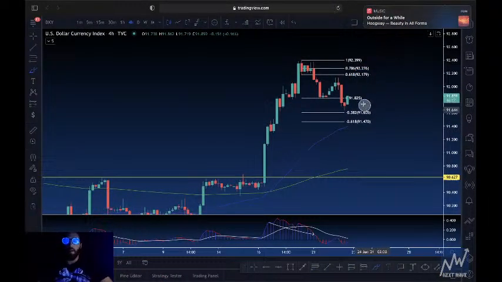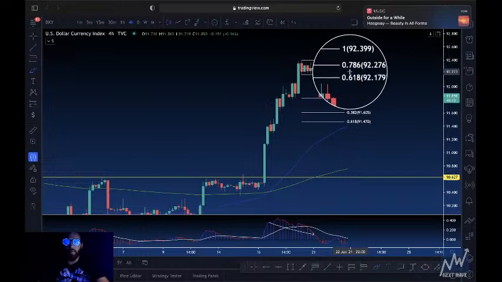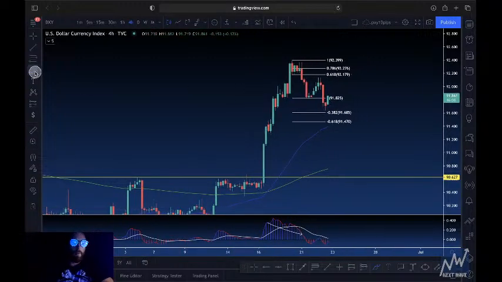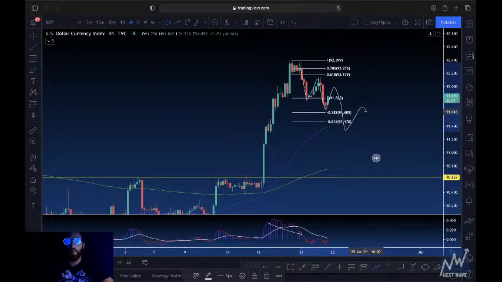All right, I wanted a little bit higher up into those 78.6, 61.8 areas. It rejected right below it and then started to move down. So ultimately, it did what I wanted it to do, but I didn't get a chance to play it, right? So I want to keep seeing this type of movement. I want to just keep seeing this choppy movement all the way